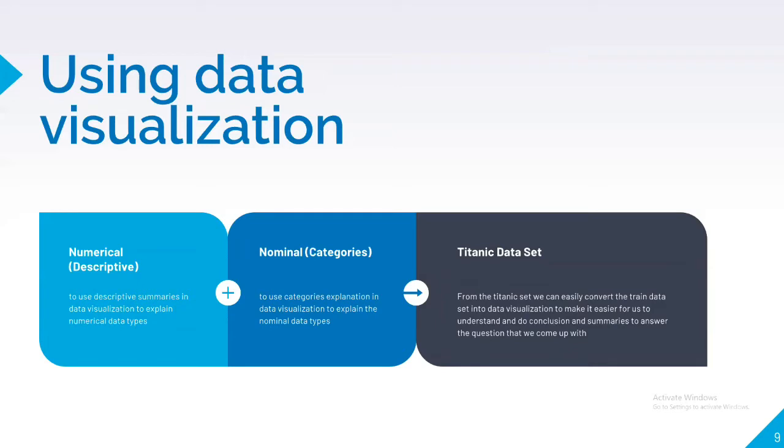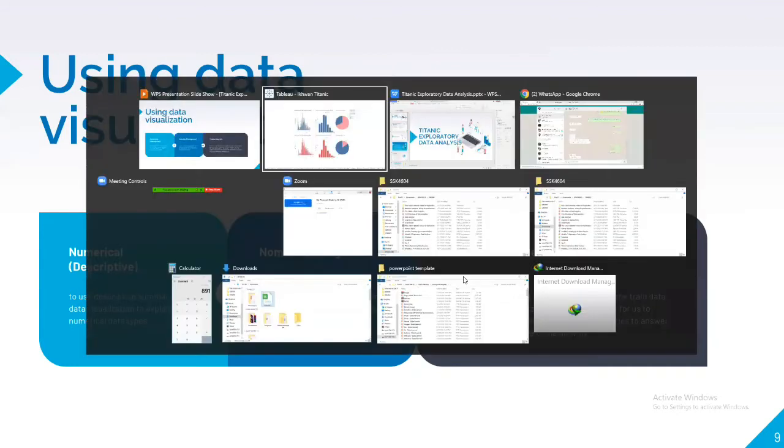And next is nominal, which is categories, that use the categories explanation in data visualization to explain the nominal data types, which we have in the Titanic dataset. We can easily convert the dataset into a data visualization to make it easier for us to understand and make the conclusion and summaries to answer